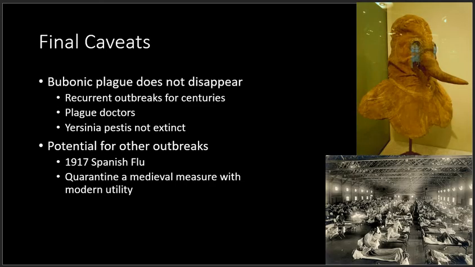Before we wrap up, a couple final points. The plague doesn't just disappear. Although it burns itself out, outbreaks recur for centuries thereafter. Here you can see a plague doctor's mask, now held in the German Historical Museum in Berlin. Emergent in the 17th century, the iconic mask contained aromatic materials in the hopes of repelling the miasma, that is, the bad air. Bubonic plague is not the only disease with the potential to have devastating impact. The 1918 Spanish flu killed some 3 to 5% of the world's population.